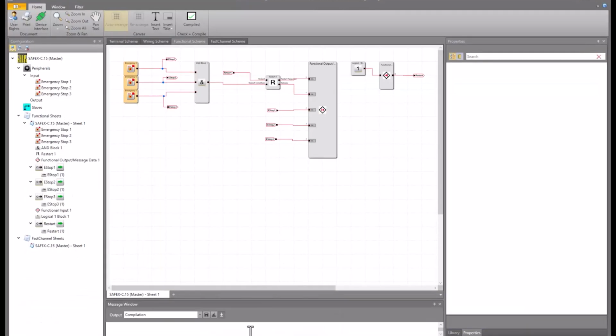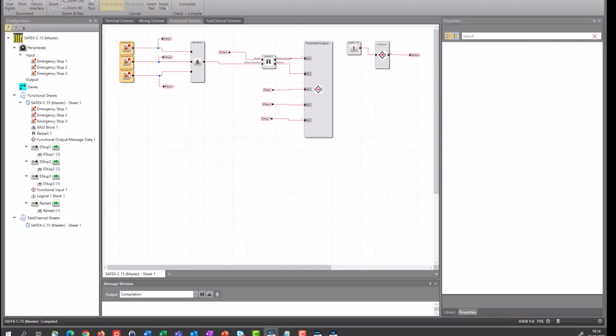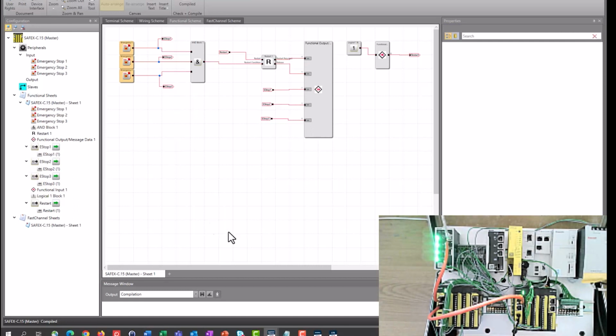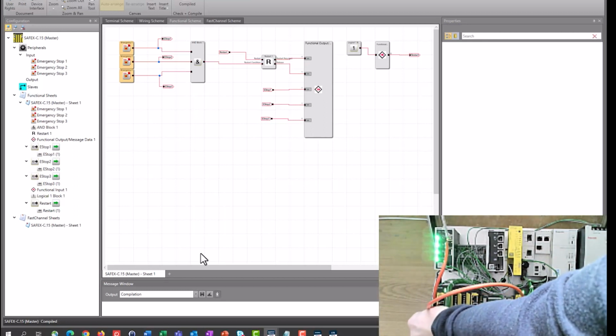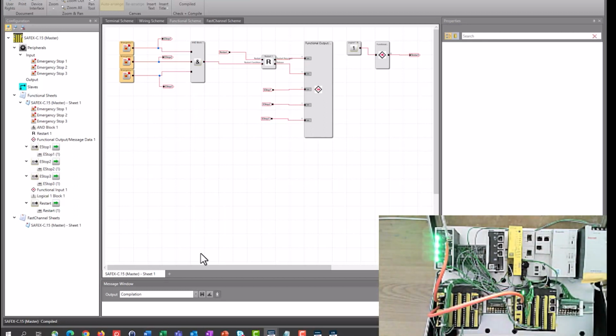This is the program for the FSoE master, with the serial number 204 at the end, and I now plug in the USB cable into the first controller. So, the cable is plugged, and now I extend the program for the FSoE communication.